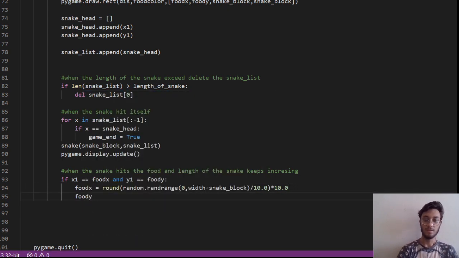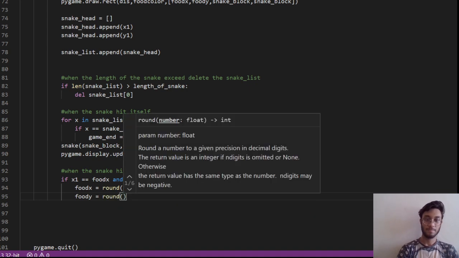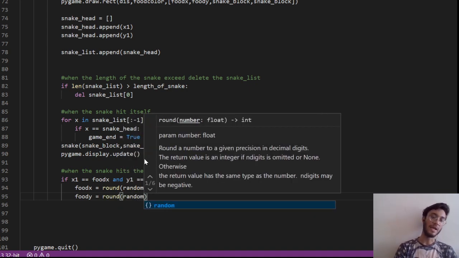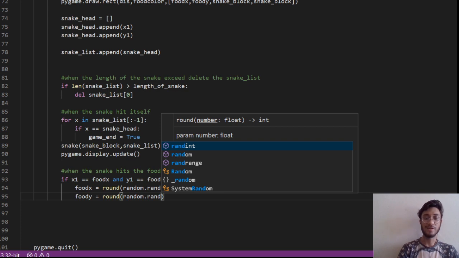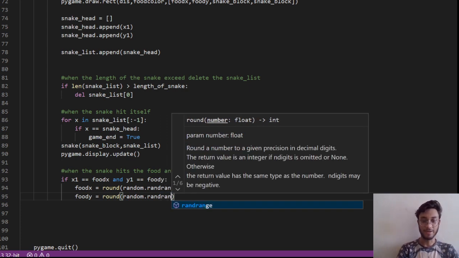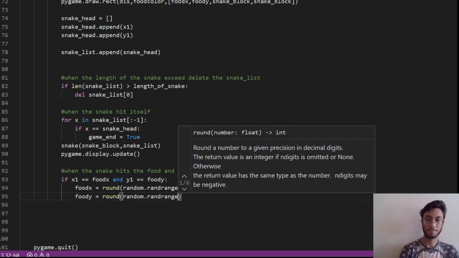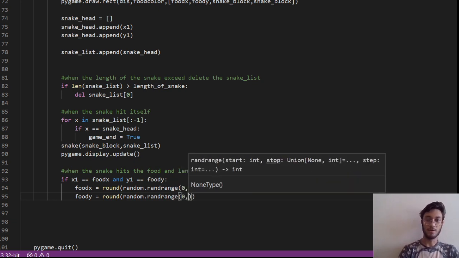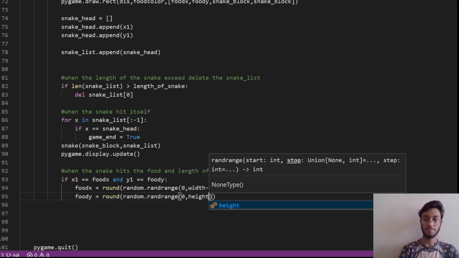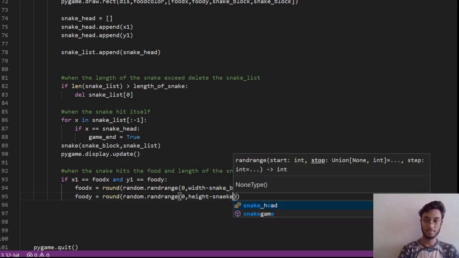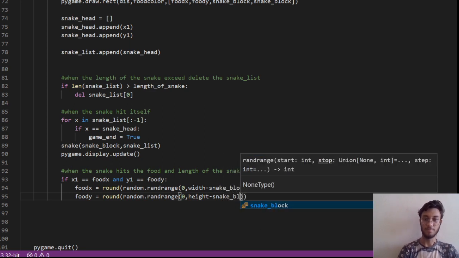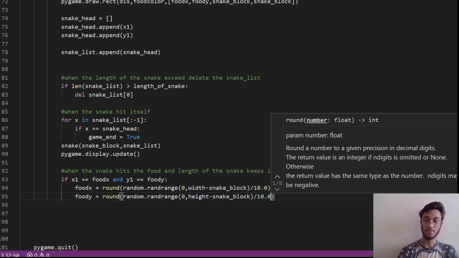So if you are getting this, when the x1 and y1 coordinates become similar to the food x and food y coordinates, the new food x and food y coordinates should, at the same time, be assigned by using the random module, using randrange, 0 comma height minus snake block, divided by 10.0.